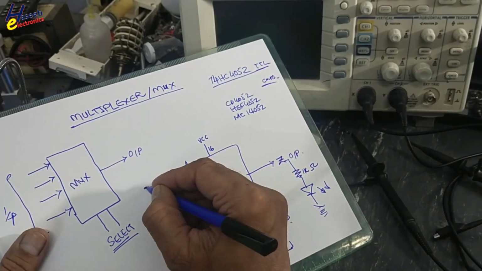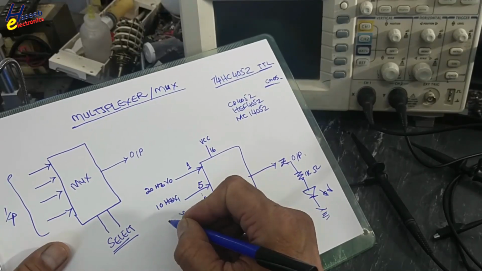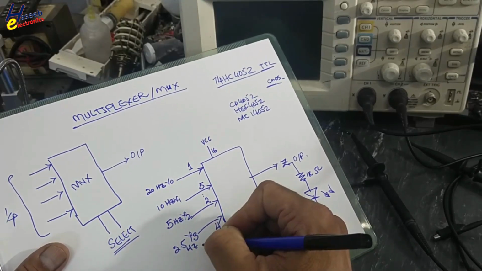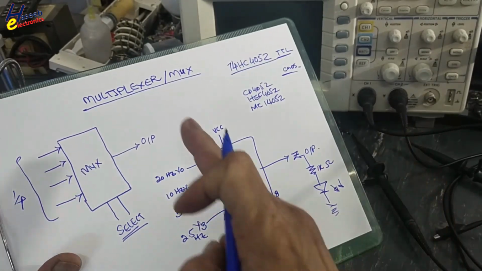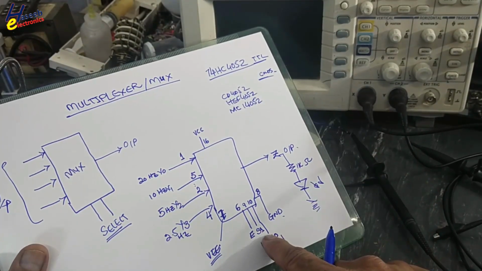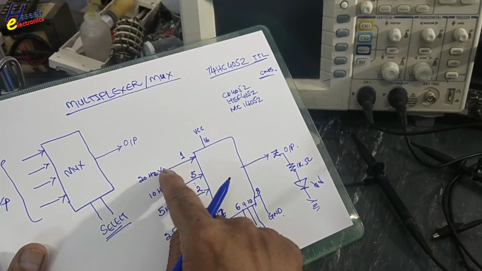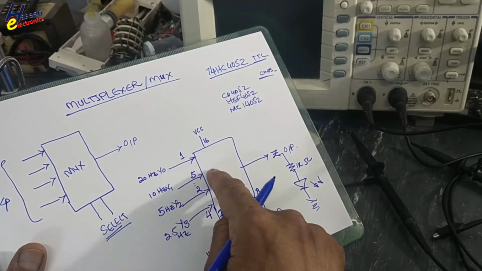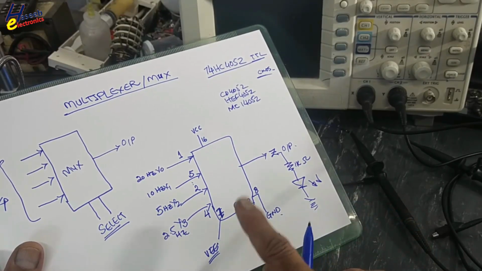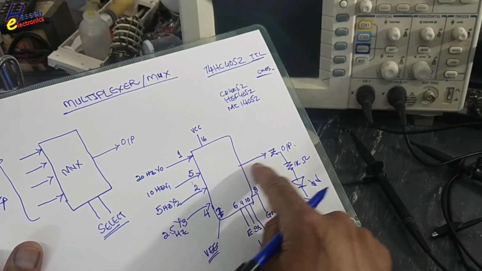Here I connected a 20 Hz signal. Here I connected a 10 Hz signal, 5 Hz, 2.5 Hz. This is to understand how multiplexing is done by this IC. If both pins are connected to 0, 0, ground side, low level, that is the address for this pin. At that time the 20 Hz signal will come at the output. If I connect 0, 1, that is binary 1, at that time this Y1 will reach here, and the 10 Hz signal will reach the output.